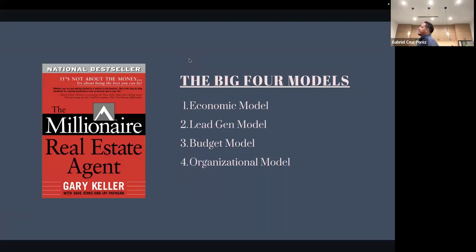And now we are moving into the budget model. And I know budget is a super sexy concept, right? We love P&L statements and income statements and expenses and all that fun stuff, but it is incredibly necessary because we see a lot of people